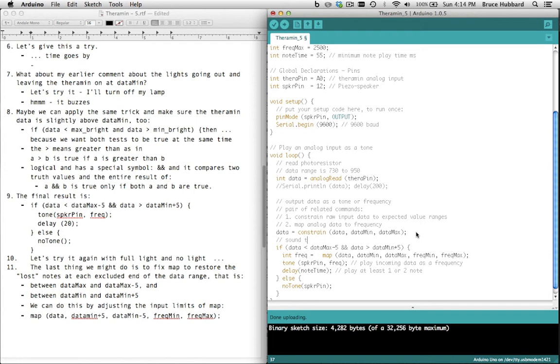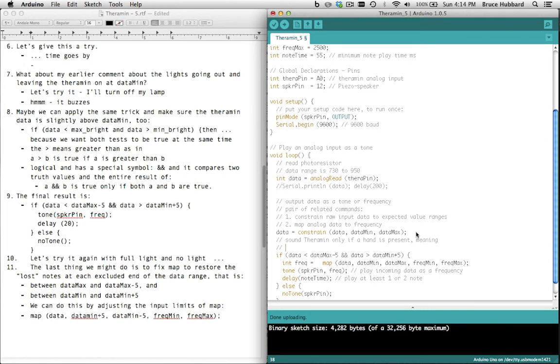The Theramin, capital T, Theramin, only if a hand is present, meaning comment, it is in a valid range